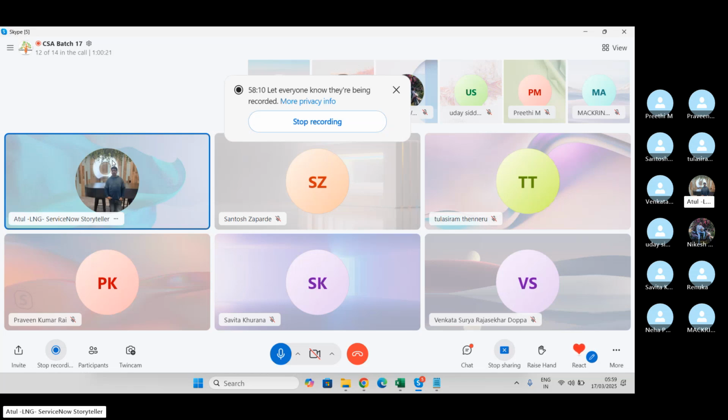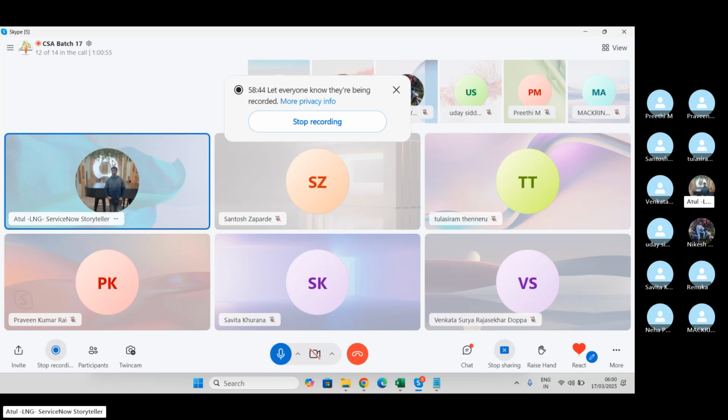Question, doubt, clarification, guys. So now what is the homework for today? Anybody can volunteer and take the homework for today. Number 1, create a new portal in my PDI. Use the existing pages only. If you're good in coding, you can go and create HTML, CSS. If you're not, no problem.